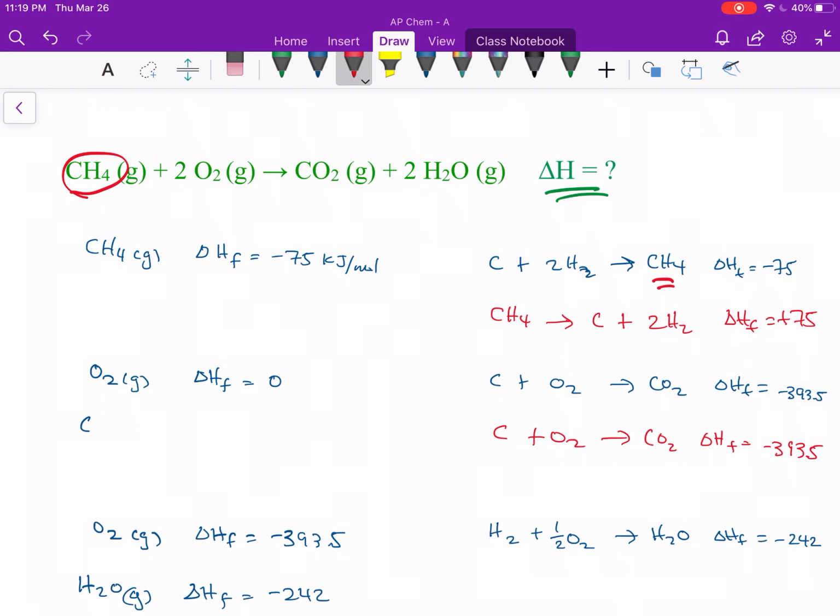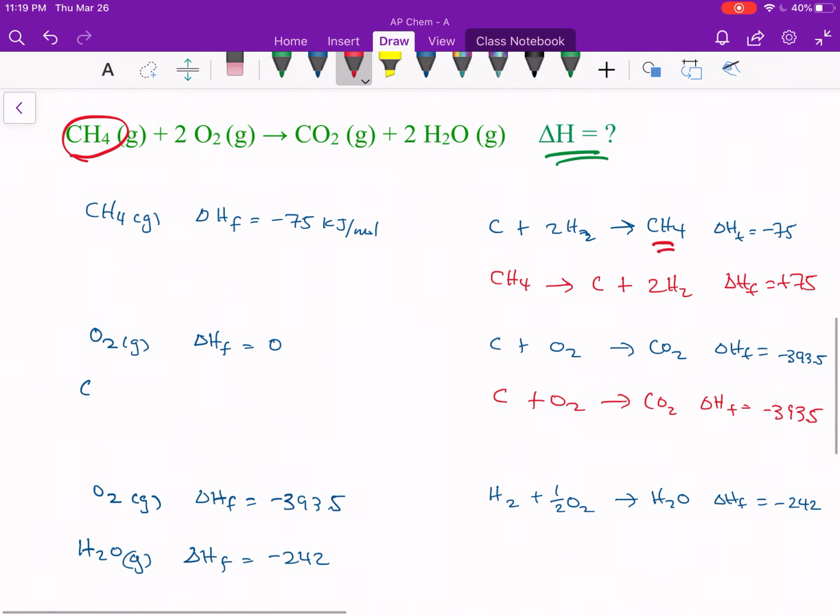Right, because it's there, and then I have 2O2, so I've got to double that, right? So 2H2 plus O2 going to 2H2O. Now my delta H is going to be negative 484. And so now if I look, I've manipulated